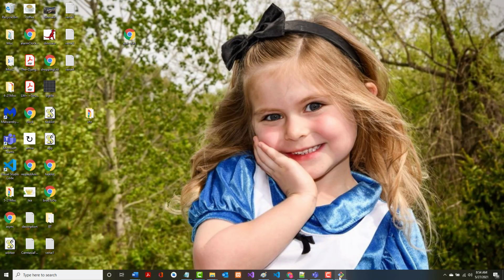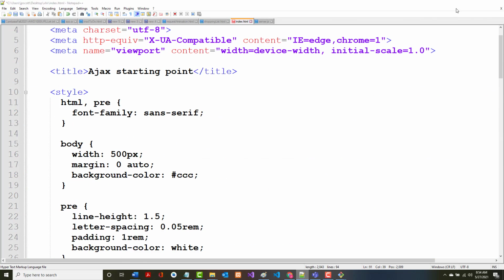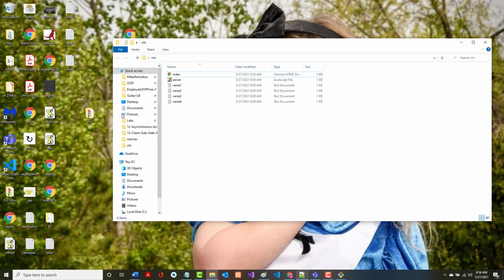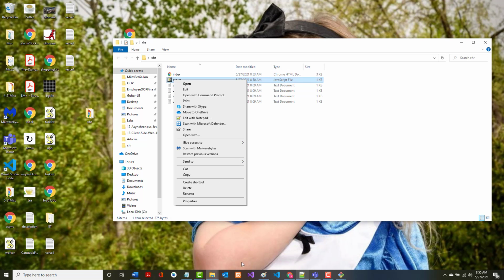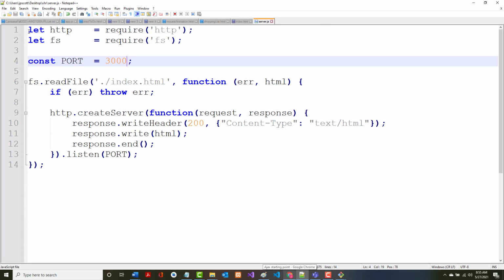All right, just so you know, this is what I attempted to do. I created a new folder that I called XHR, and in there I put my file, which I renamed to index.html. I added a server.html file. Why? So that I was able to communicate with a server. And in here, this is some stuff that we do for Node, so I'm not going to go through it right now. But it's a good news and a bad news. The good news is after I put all of this stuff in and I attempted to go up and run it,